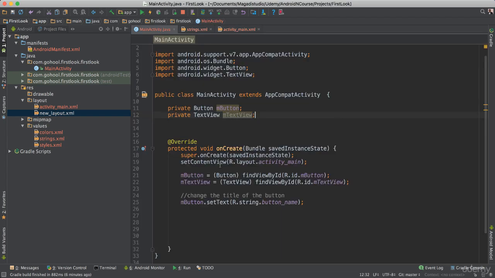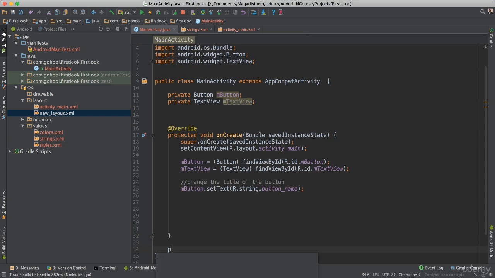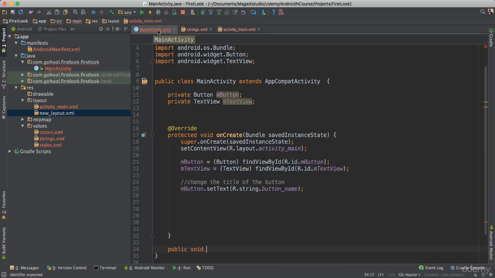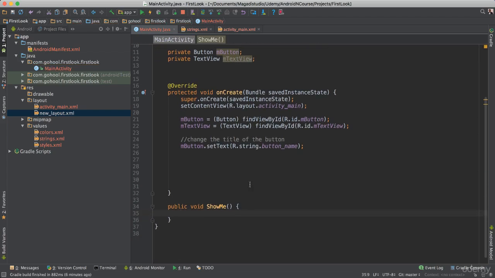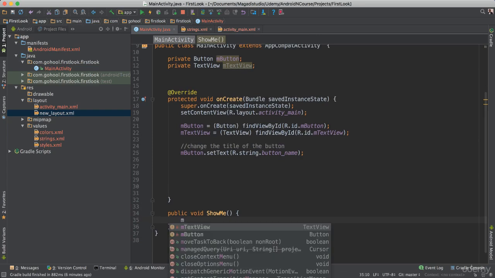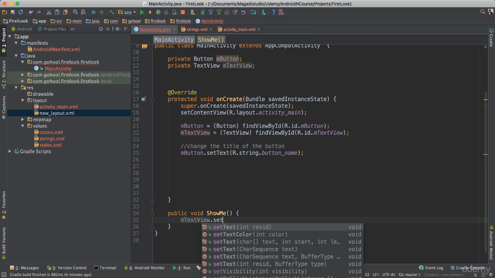Okay, so now here we can go ahead outside of our onCreate. I'm going to create a public void. I'm going to call the same as we call this, going to be showMe. I'm going to just copy that and paste here. Method. There we go. So inside here now, what we can do, we can go ahead and say mTextView.setText